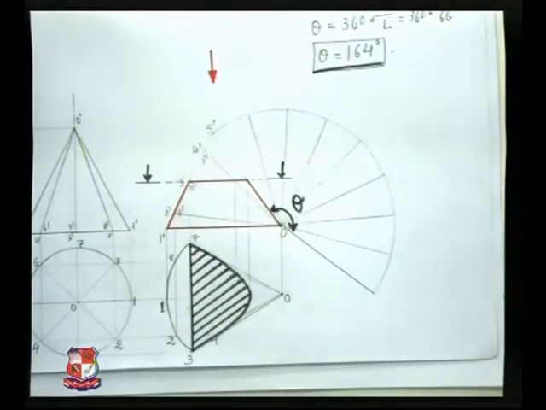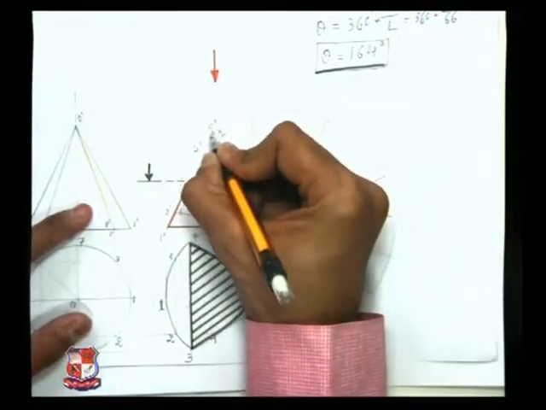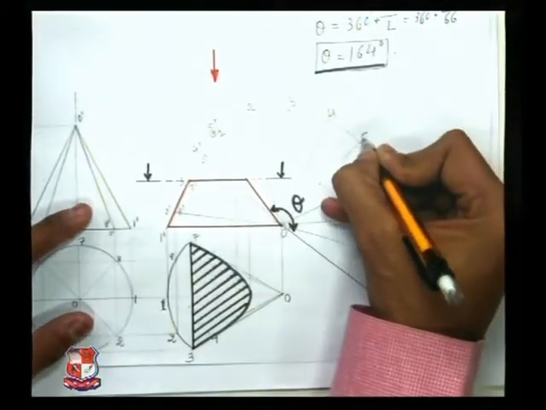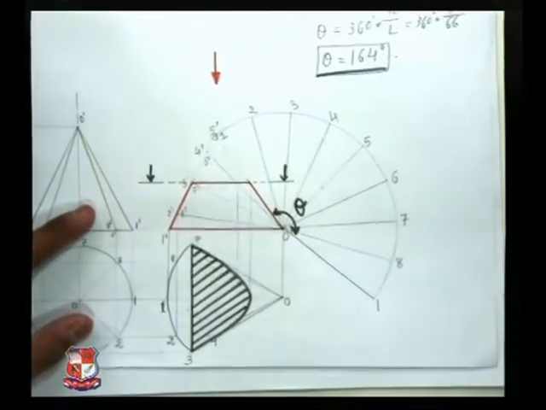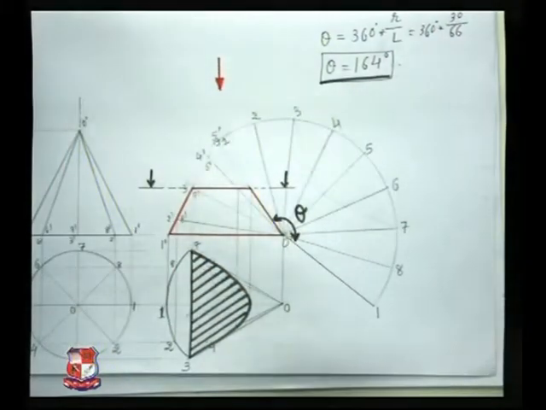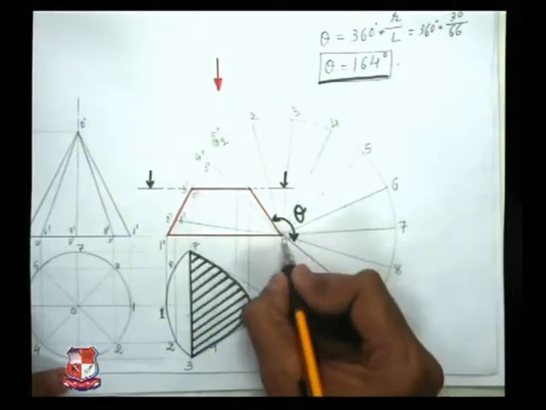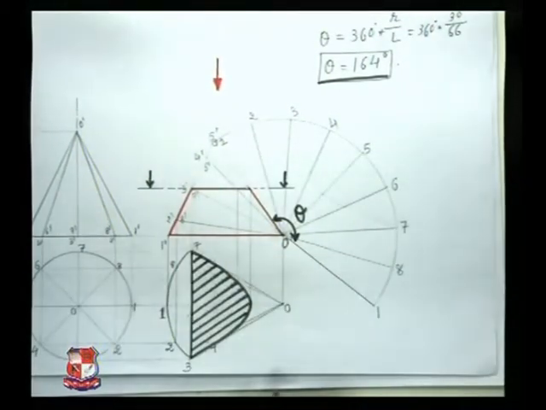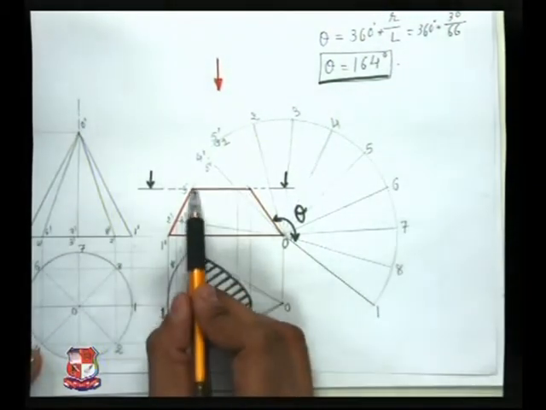So we have divided this angle into 8 equal number of parts and name the end points. This is point number 1 or first point, this is second point, then third, 4, 5th, 6th, 7, 8 and back to 1. 8 points are there over the periphery of its developed portion. So this represents 1, 2, 3 up to 8, 1 and O. It represents the development of the cone, or this arc represents the development of the cone if it is not cut anywhere else. Now this cone is cut at this angle somewhere here.